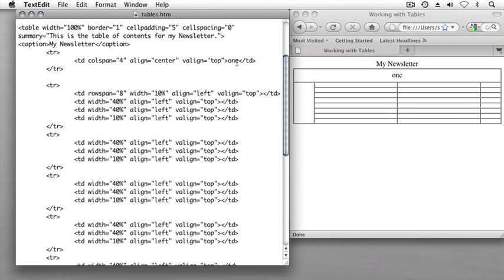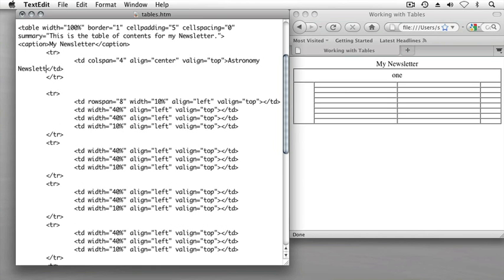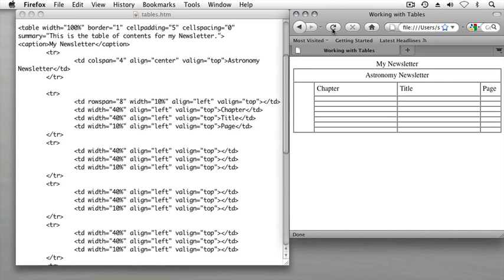I might change this text, which reads 1, to read something along the lines of astronomy newsletter. And I might make my table columns chapter, title, and page. If I save this file and switch back over to my web browser and reload, it starts to look a little bit more logical. But we need to change the first cell in each of our 3 columns into table